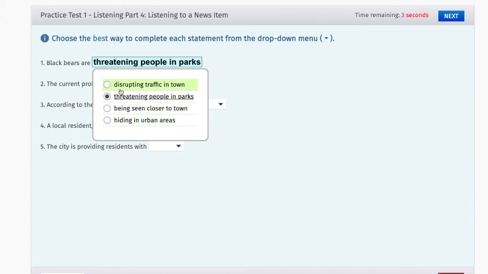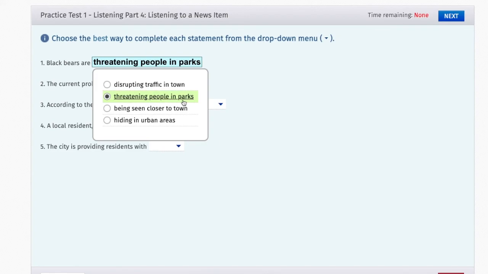They can assume the word threatening, or up here the word disrupting. We can think the bears are doing that. But even though we heard or we can think of those words related to the topic, we still need to keep in mind